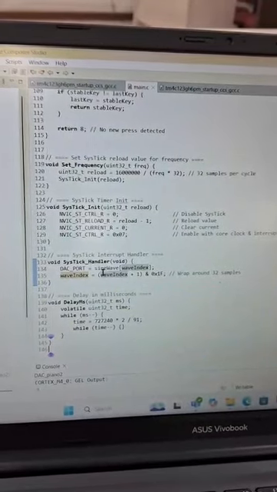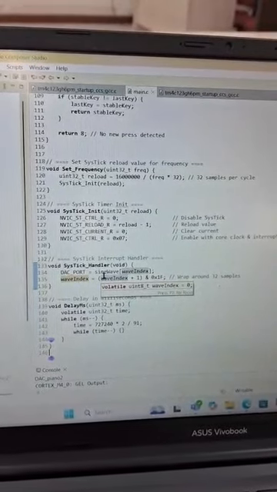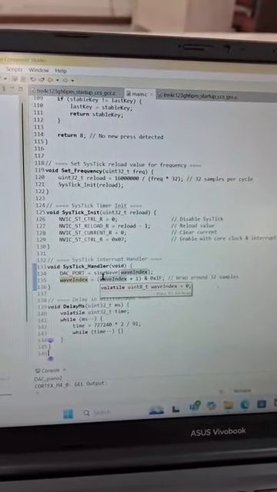SysTick handler will handle the index we made in the lookup table, like it will start from